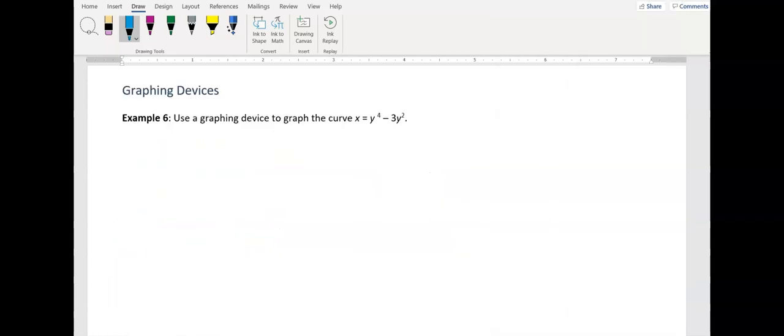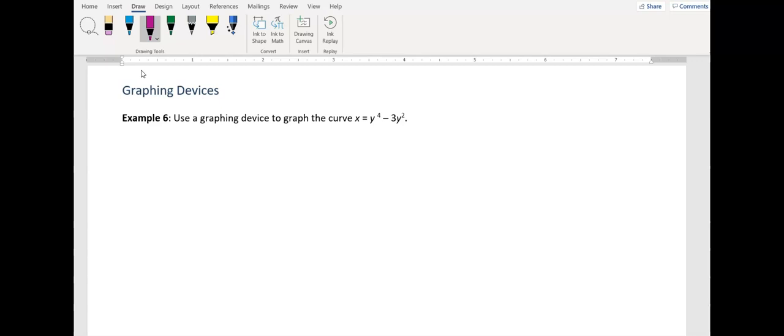Now, there is example 6 in our notes, and example 6 is talking about using the graphing device, which is our calculator. But notice this really doesn't seem like it's a parametric equation. When you have equations that are written in terms of y and you can't solve them for x to graph them like normal, you can use the idea of parametric equations to help you graph to see what it looks like. So all you need to do, and we kind of touched on this when we were talking about revolutions around the axis with